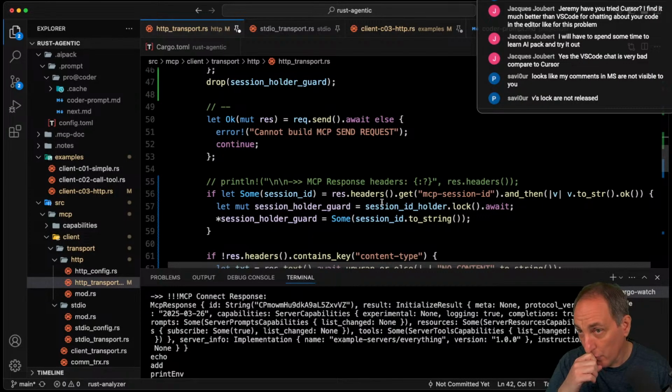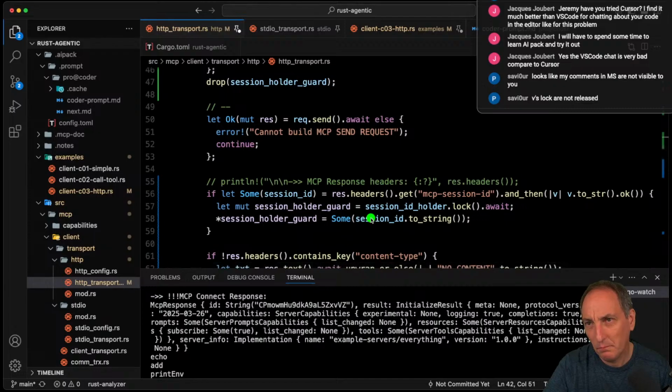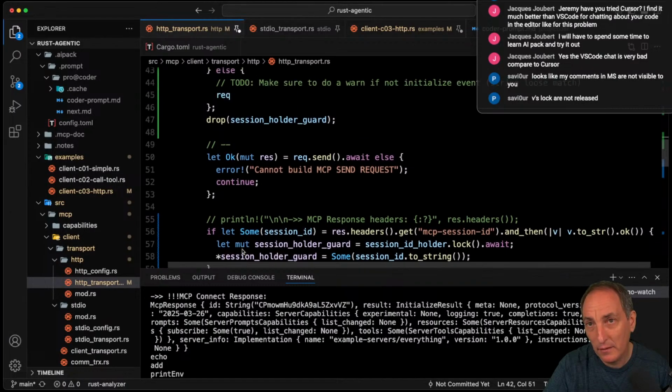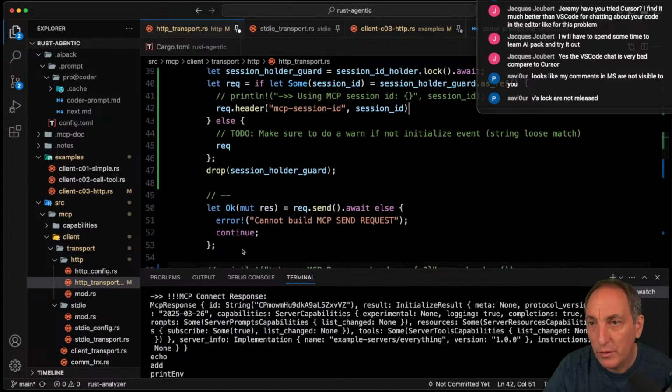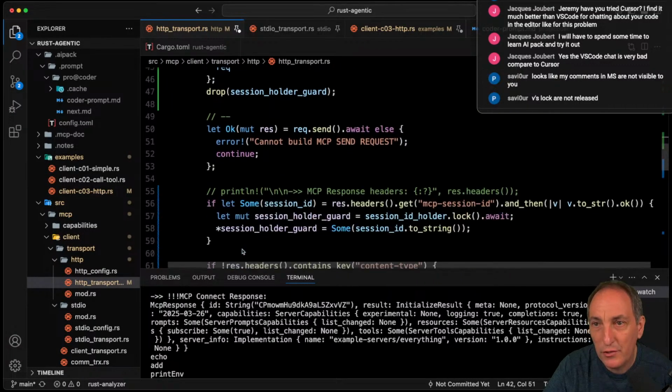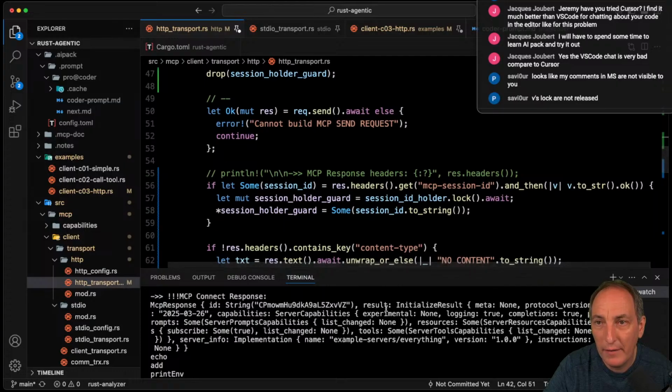But this one I could trigger, and I might do that only if I have result equal initialized result or something like that. So I might do this block only if the response